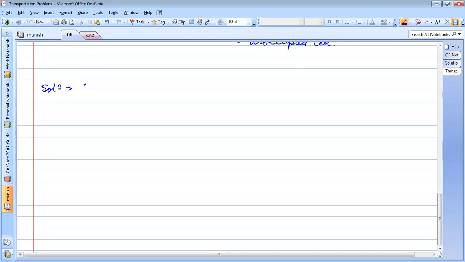When you are solving a transportation problem, you will simply draw the transportation table. We'll start with the transportation table and name it iteration 1.